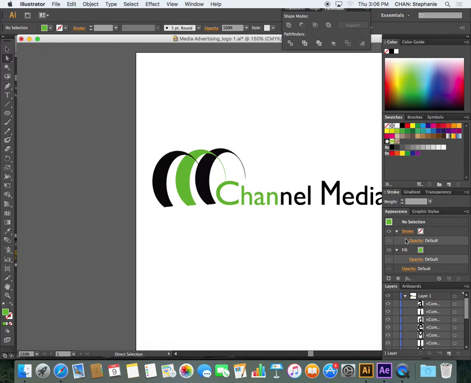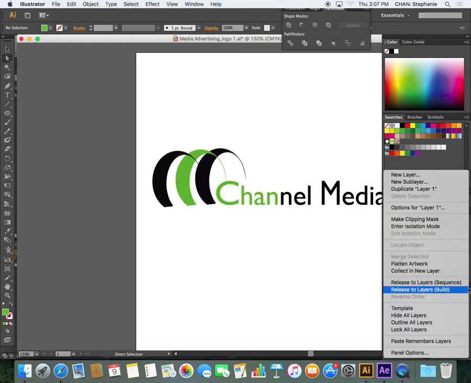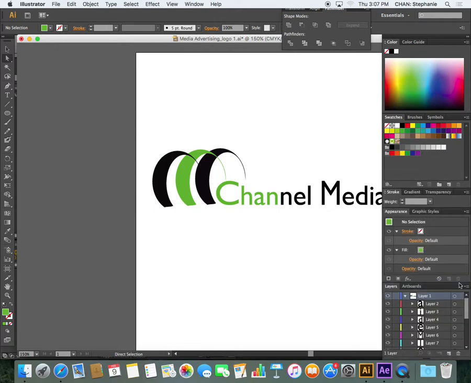So first of all, I'm going to come down here to where your layer board is. I don't know if you can see it there. Here in the layer board, I'm going to select the top layer, and that basically selects everything. I'm going to click on that button, and there's something called Release to Layers Sequence. So I'm going to click on that, and it just kind of puts each part of your logo and text